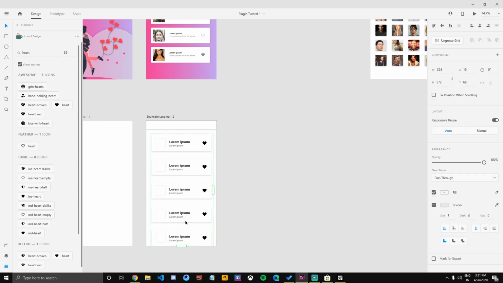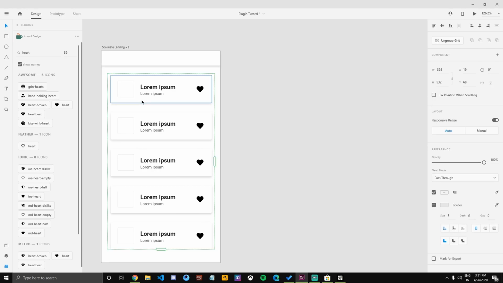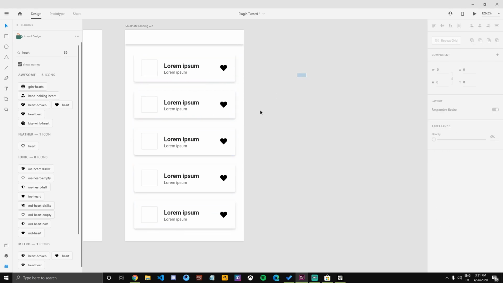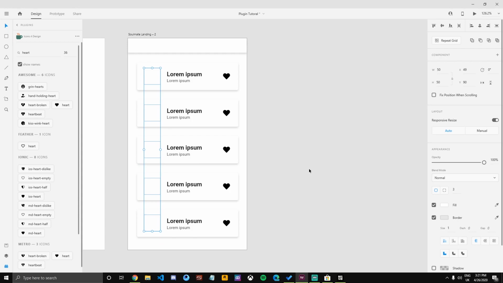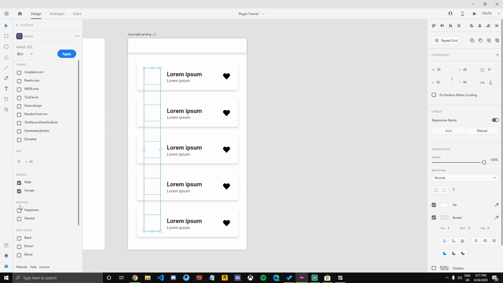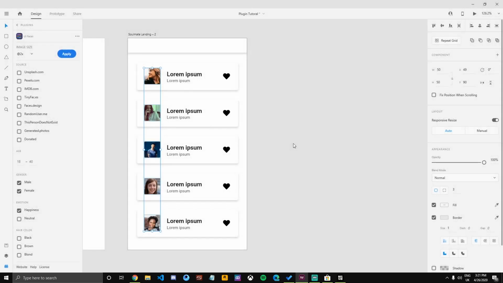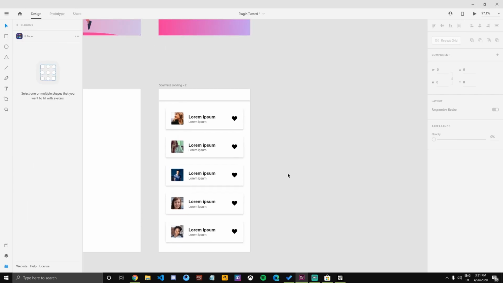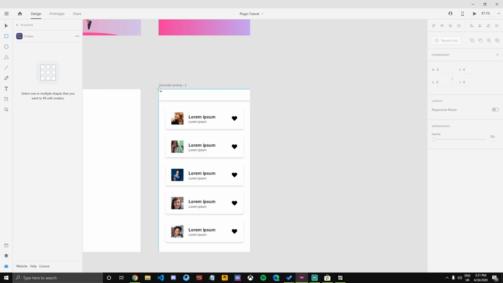So I'm going to decrease the space between these two boxes. Let's make it 10 pixels. Okay, that looks not bad at all. So I'm going to press Control Shift G to ungroup them, and I'm going to ungroup all these things as well. Now I need to add faces to my design. So what I do is I go back to plugins and UI Faces, my favorite. Male, female, happiness. Okay, we want all of them, happiness, since it's a dating website. So it's adding the faces now. Okay, people are added now. So there we are, guys. Now I want to add a gradient to this, but to add a gradient, let me